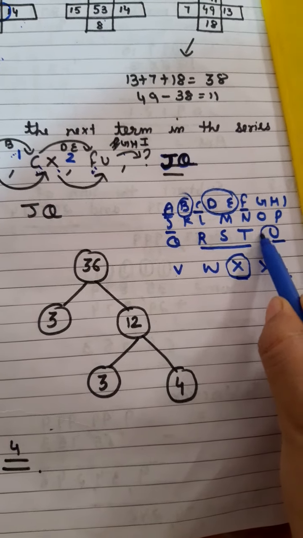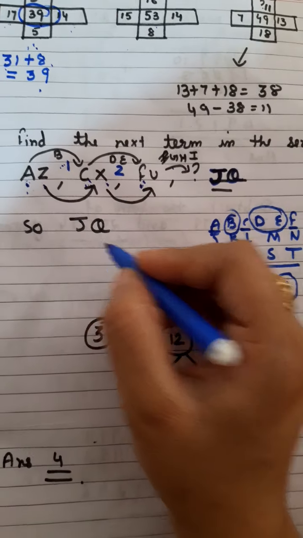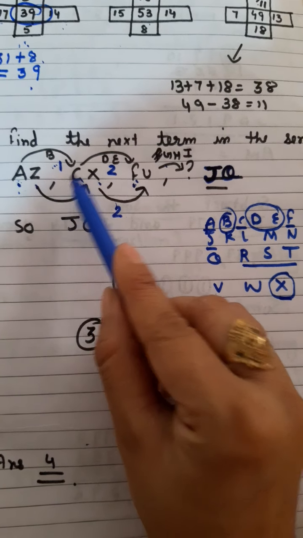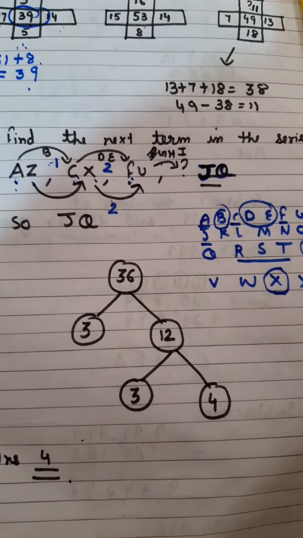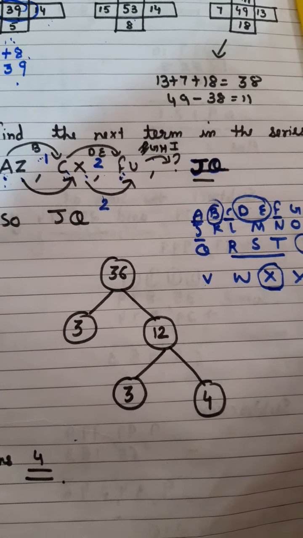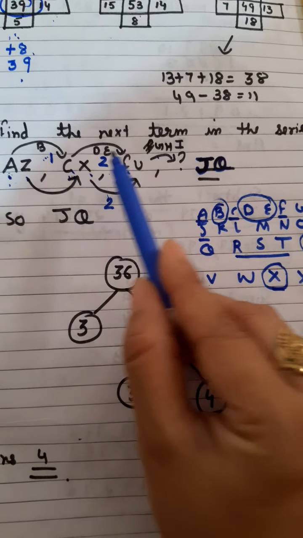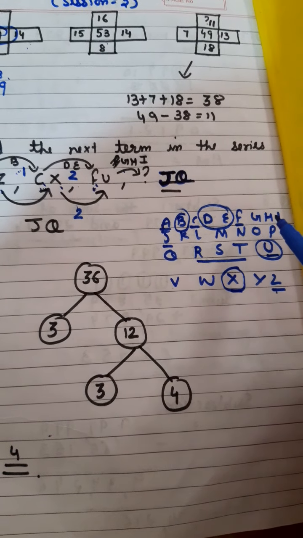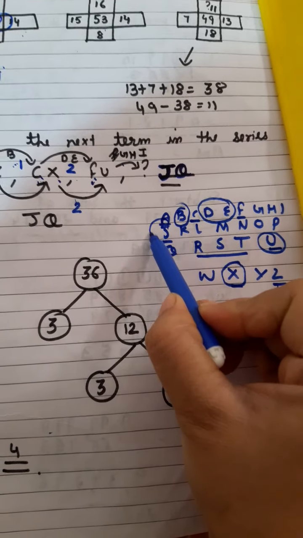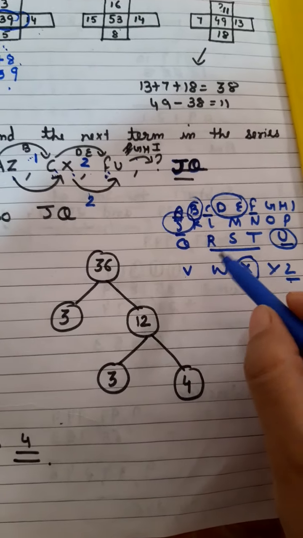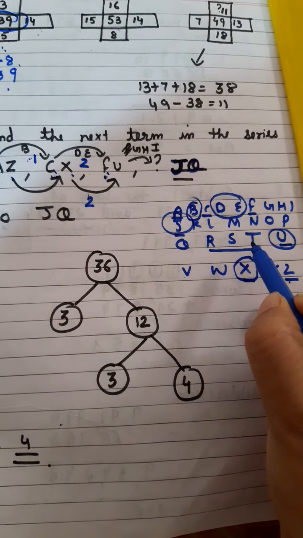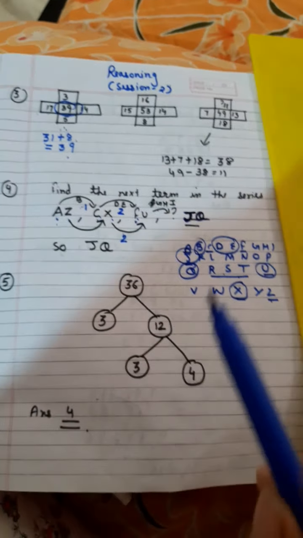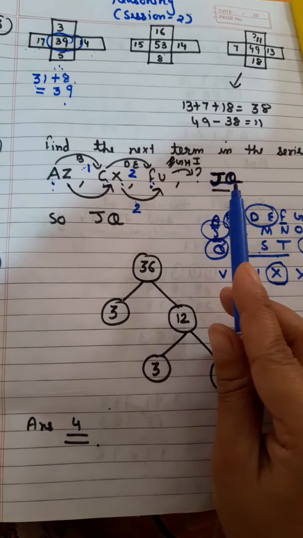They had written here U. From the backward also, how many alphabets are missing? 2. Now it means the series are going like this, 1, 2. Now they will be skipping 3 alphabets, because the series is going like this, 1, 2 and 3. It means after F I have to skip 3 alphabets. 1, 2, 3 means G, H, I, and I will be reaching J. And from the backward also I have to skip 3 alphabets, that is T, S, R, and then I will be reaching Q. So the next pattern in my series will be J, Q.